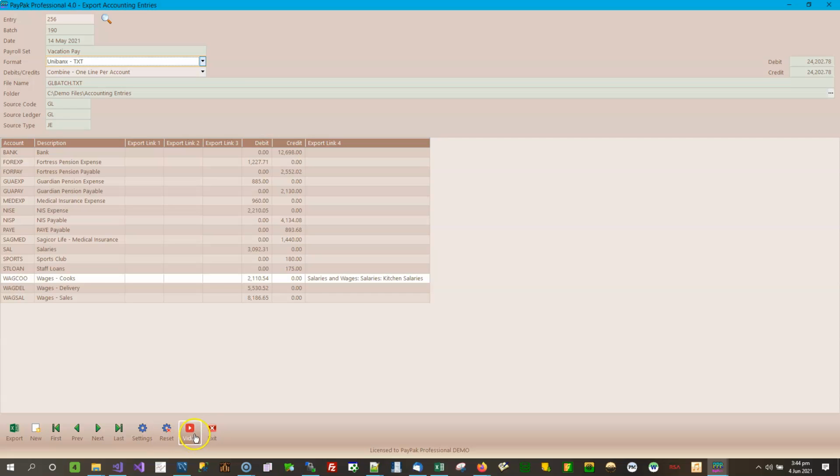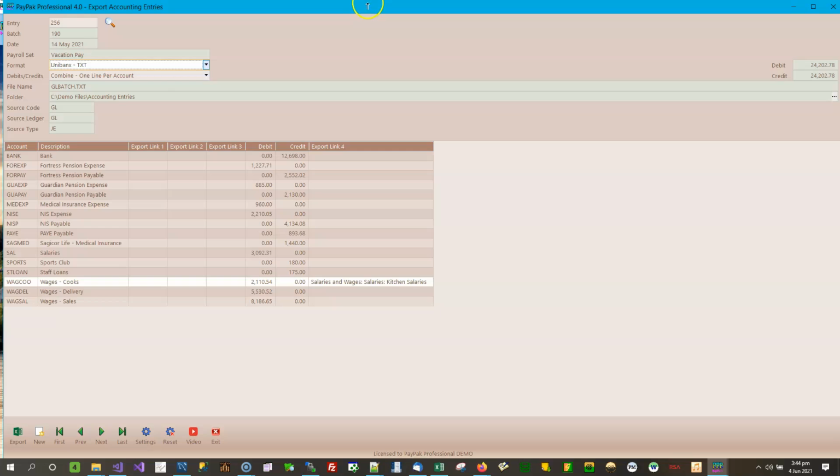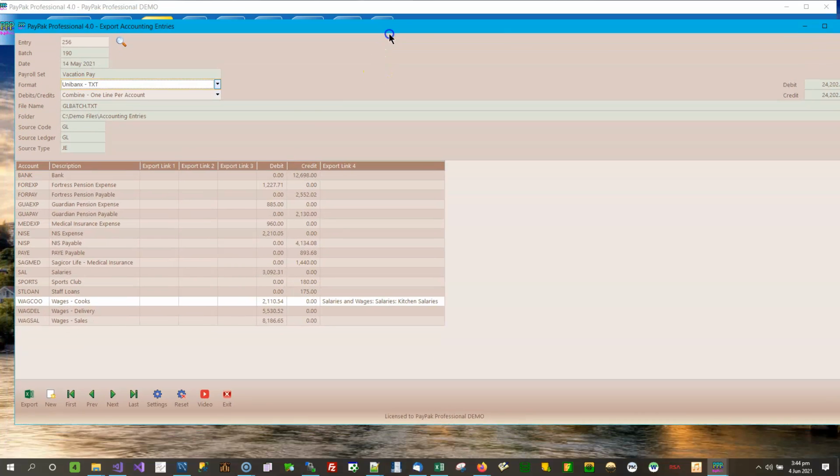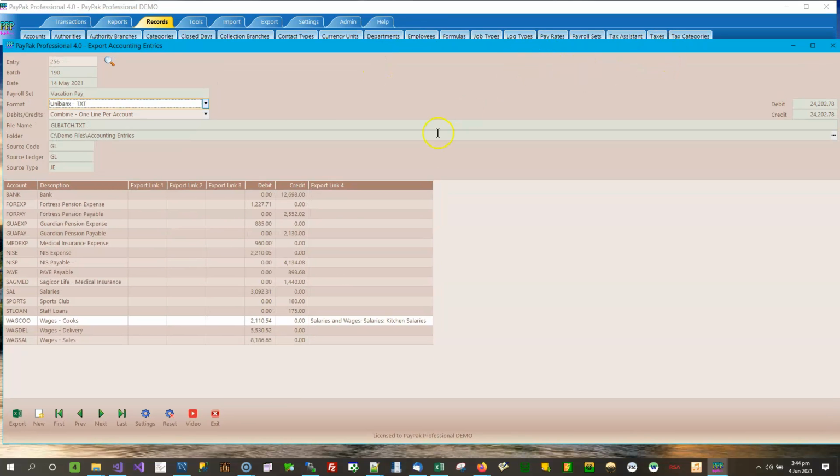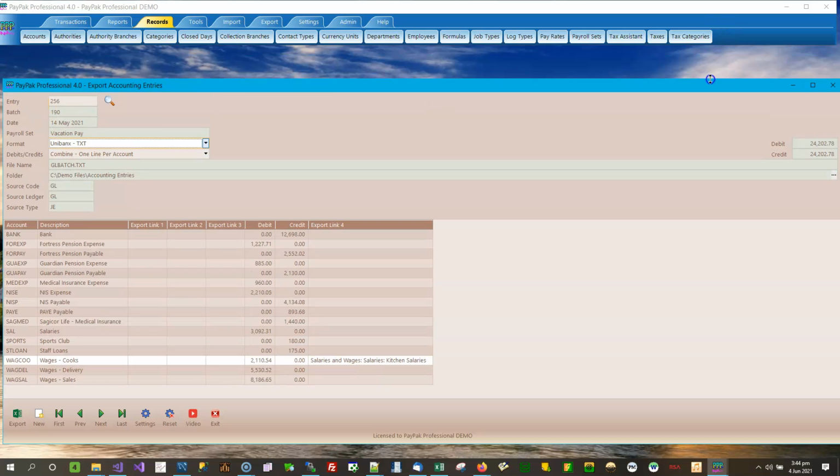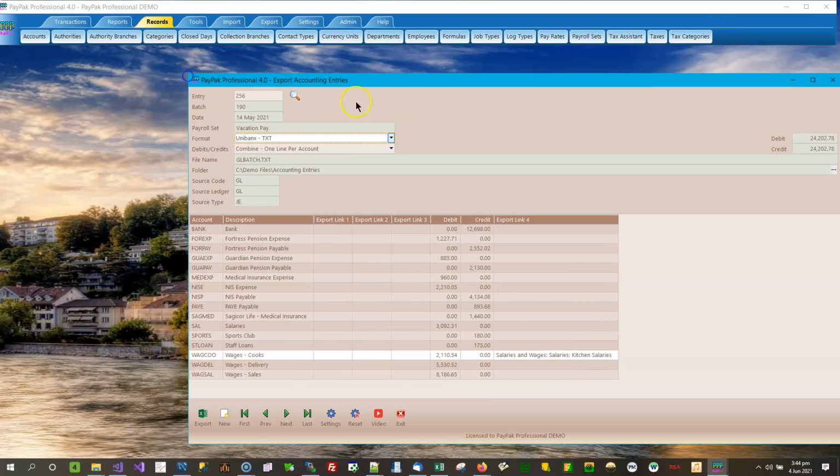And of course there is the video button, which if you're in the software and you need a little more guidance to remember what was said during this training video, you click on it, it opens your browser and it launches this very training video in YouTube where you can watch it. And of course the exit button, which brings this training demo to a close. So that's it for this training video on the export